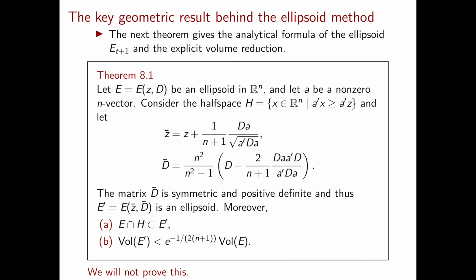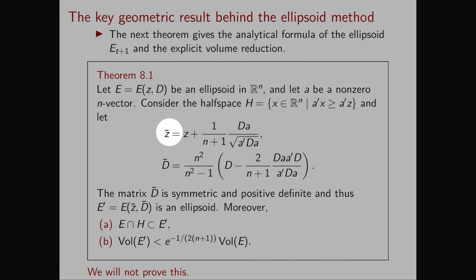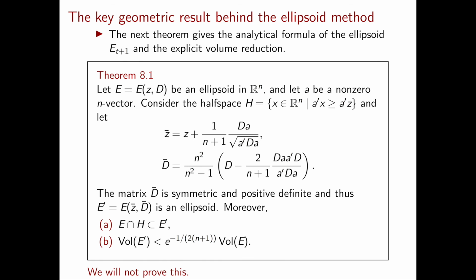However, this makes you understand that the ellipsoid method can compute the new ellipsoid by calculating z bar and D bar. It also highlights one problem that we will consider later on. Namely, in computing z bar, we have one square root, and this means that potentially we could be dealing with irrational numbers. And this is not good because you know very well that for us it's very important to consider the size of the vectors that we are constructing. And if a component of a vector is irrational, then its size is essentially infinite. So for now, forget about the square root, we're going to talk about it later.